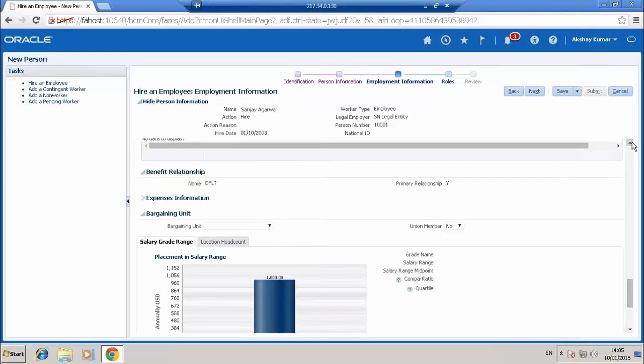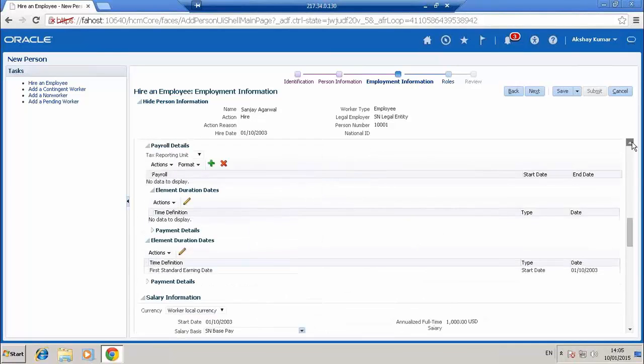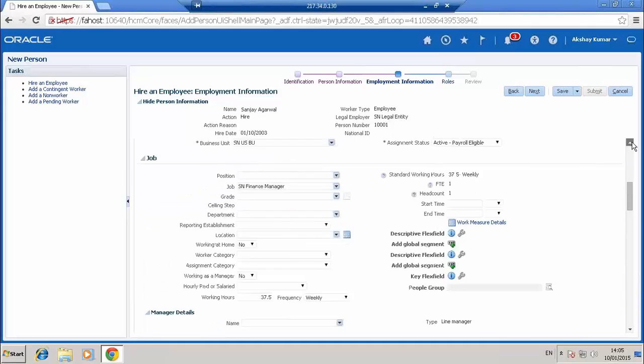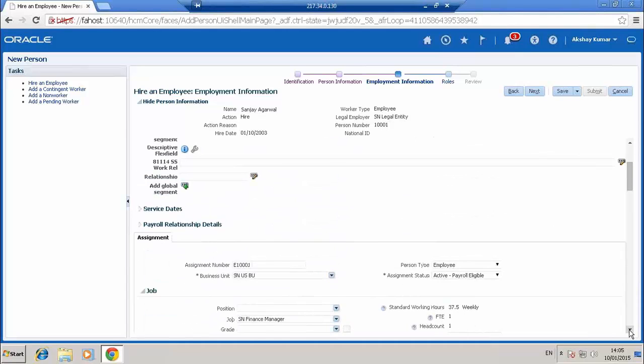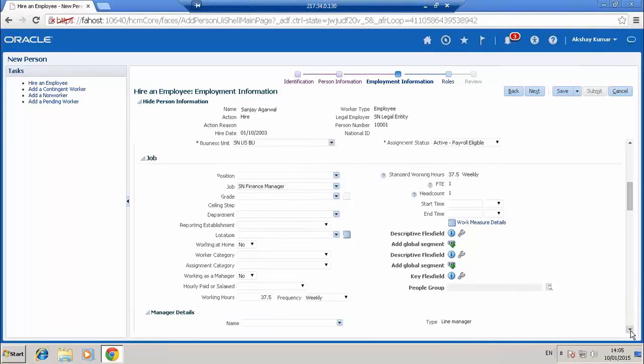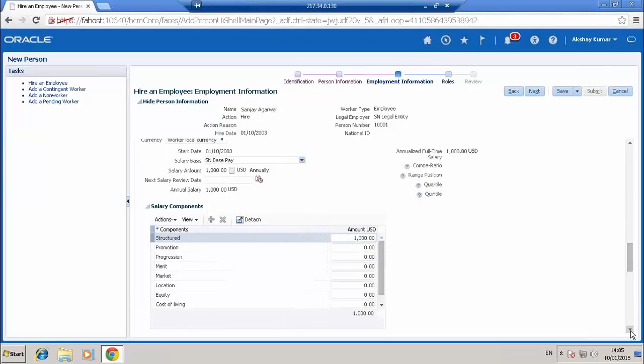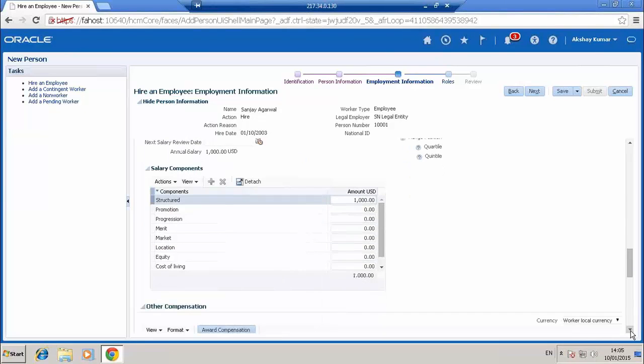Okay. That is the main reason. Even for this employee, I didn't add any grade here. If you see here, I didn't attach any grade and all. So that is the reason it is not coming up. Okay. Once you create it, you will be able to see the exact details here. Everything. So just create it.